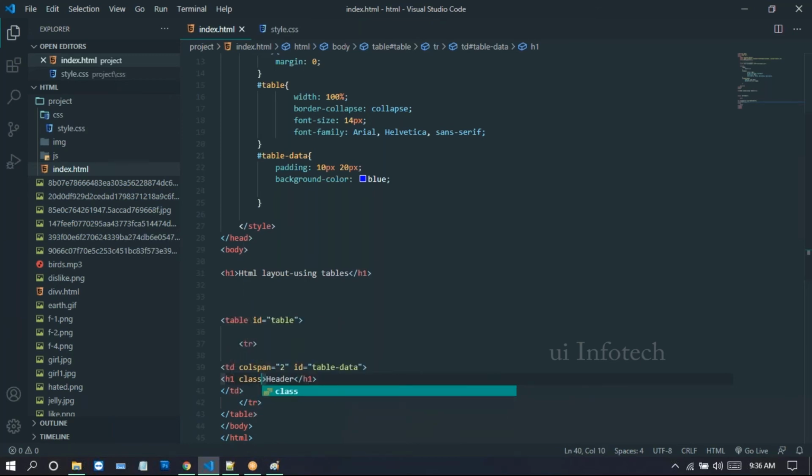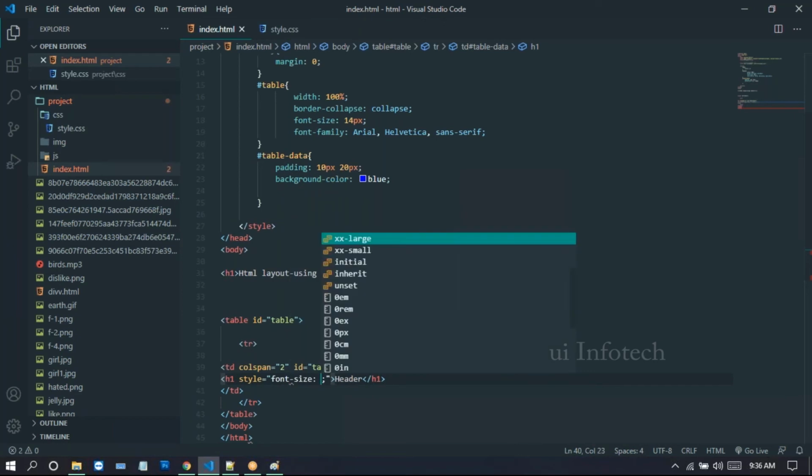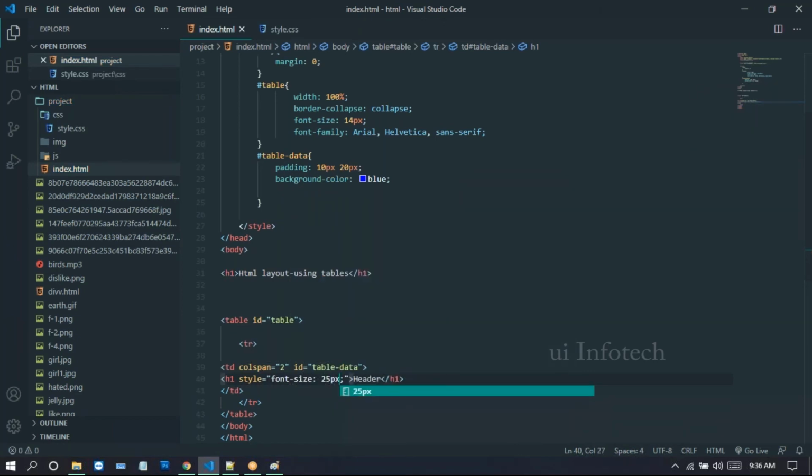I'm taking the class, or else you can take a style here. For this h1, I'm giving the font size 25 pixels, and I can apply the color as white here.